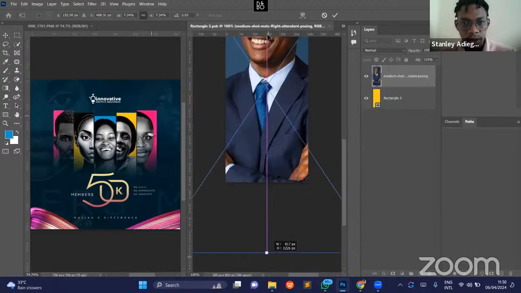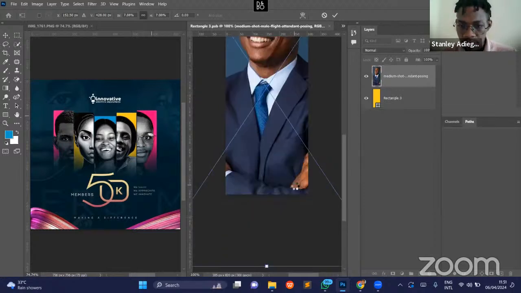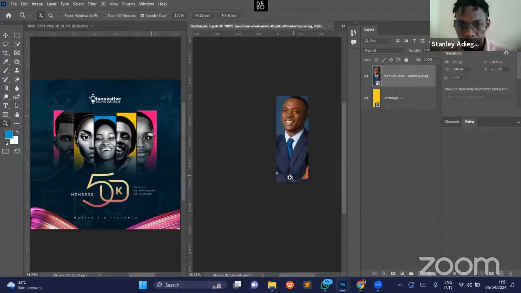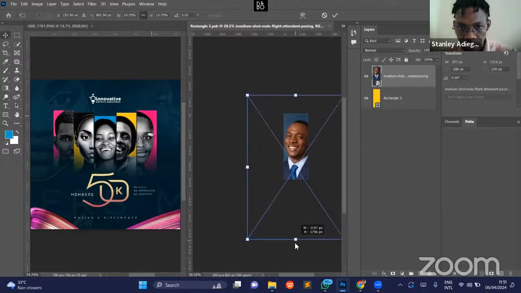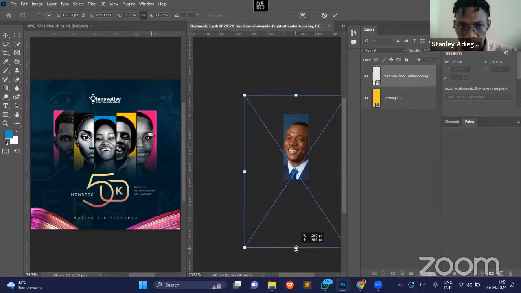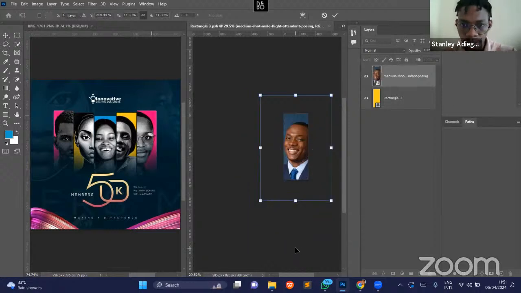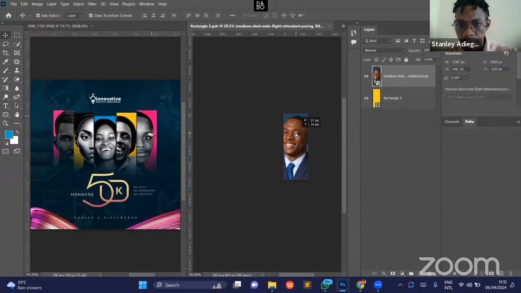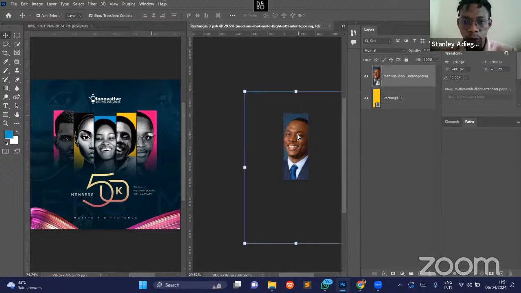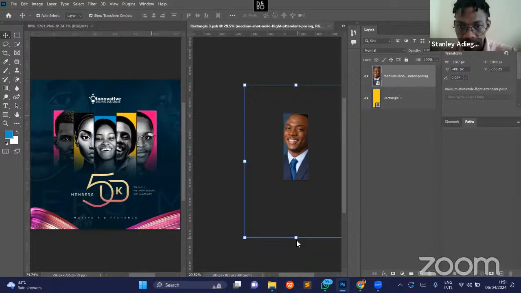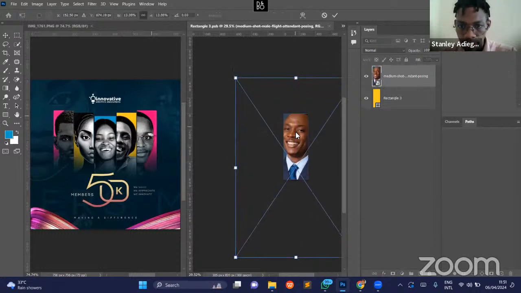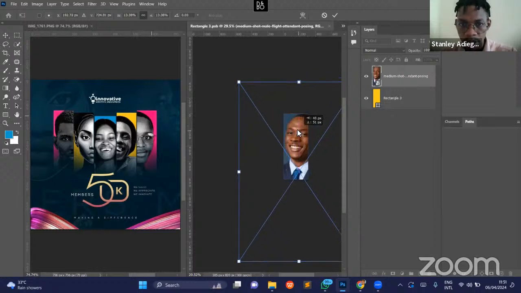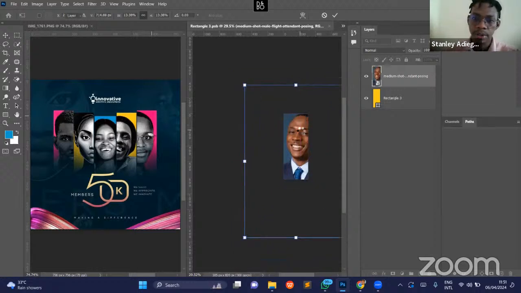Okay, so let me zoom out. It's going to be easier. So make this very big. All right. Now you want to just simply remove. I'll also make it a little bit bigger. Okay. All right. Now what you want to do is simply remove the background,